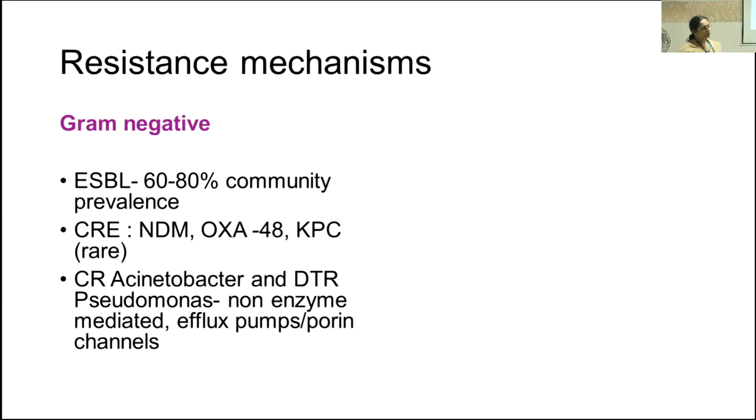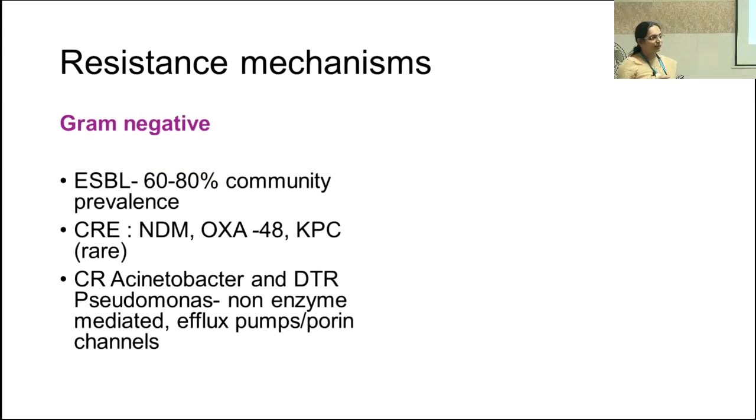Okay, so the minimum that you will have to cover for in your patients would be for an ESBL resistance mechanism. You can have an E. coli or a Klebsiella where you will have a carbapenemase production. And the most common enzymes that we see here are NDM and OXA48. The guidelines talk a lot about KPC. It's not very common in India. That's more common in the West.